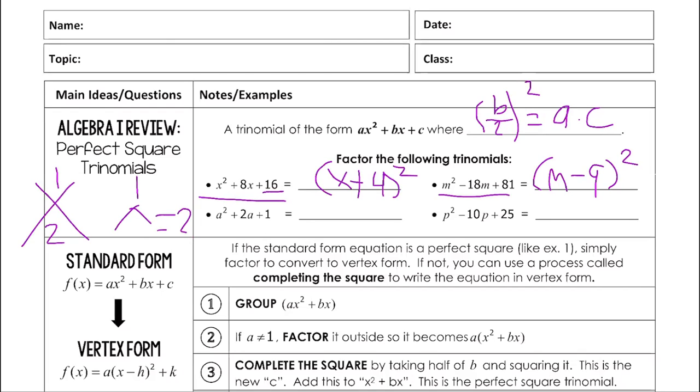If you want to try this one, you can put it in the chat. Yeah, and that is correct. So that would be a plus 1 squared. And hopefully, it might be really rusty because you obviously weren't factoring in geometry,